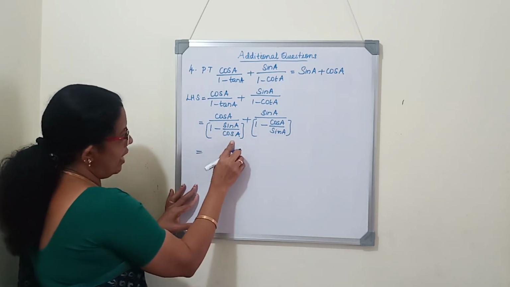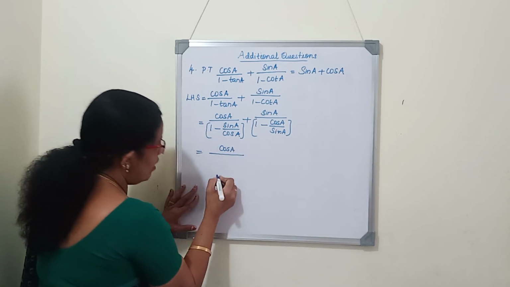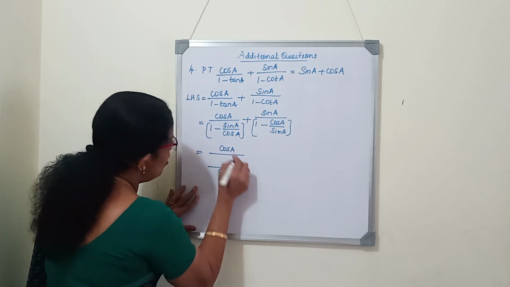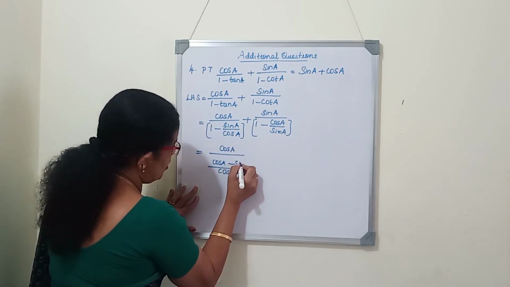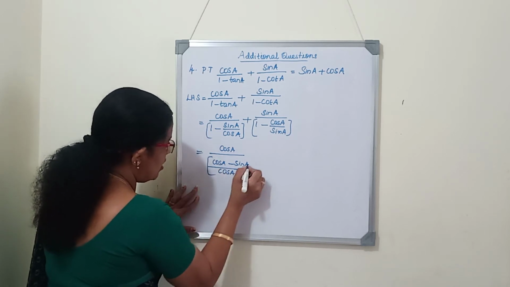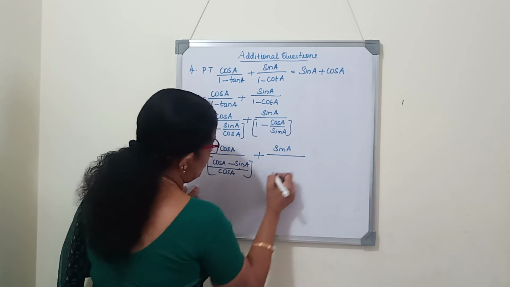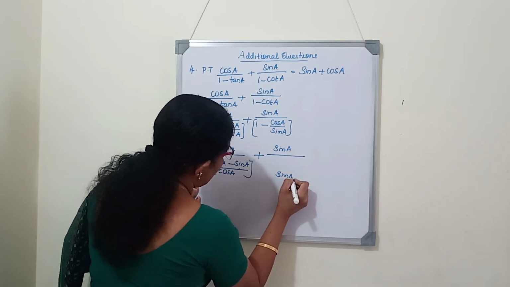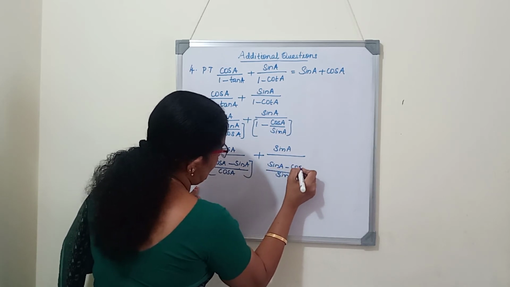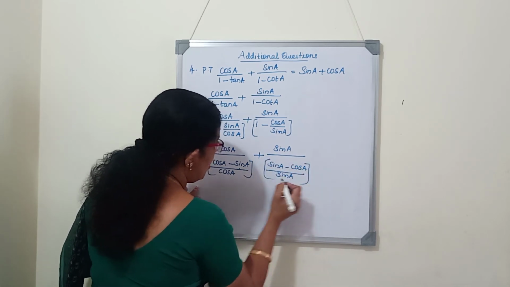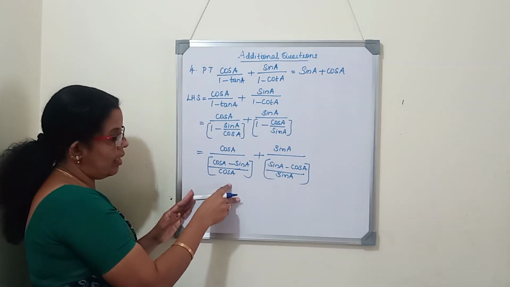Now in the denominator we will take LCM. Numerator cos A as it is we will write. Denominator LCM is cos A. So cos A into 1, cos A minus 1, sorry, sin. Cos A minus sin A. So this is the denominator. Plus same way second term, sin A we will write as it is. Here the LCM is sin A. So sin A into 1, sin A minus cos A. This is the denominator. So whenever the denominator is a fraction, we will multiply with the reciprocal.